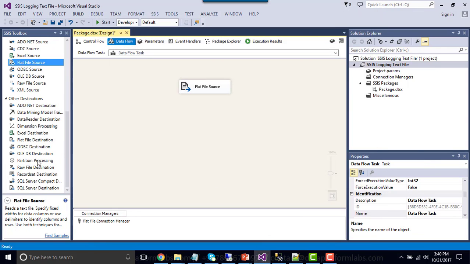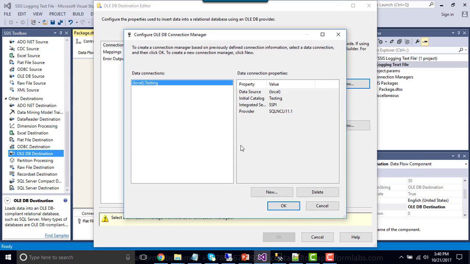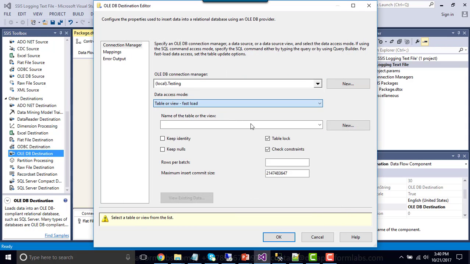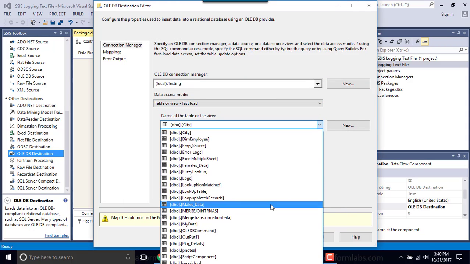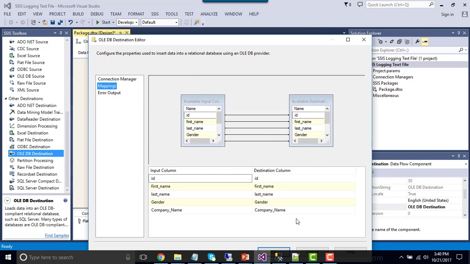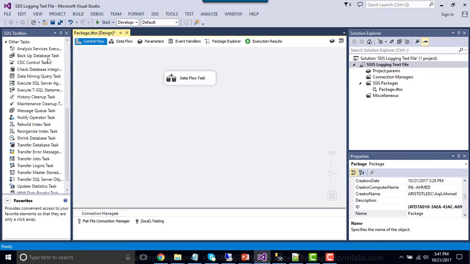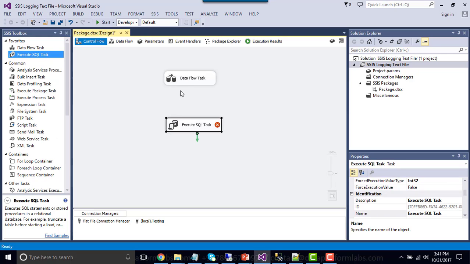Click OK, and let me drag and drop an OLEDB destination, and now let me configure it so that it can import data to a test table in SQL Server. Click OK, and now let me drag and drop an Execute SQL task.